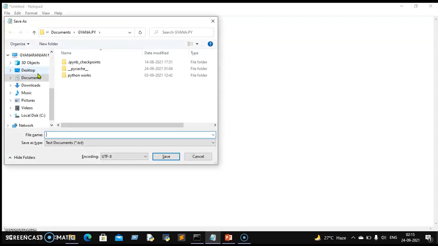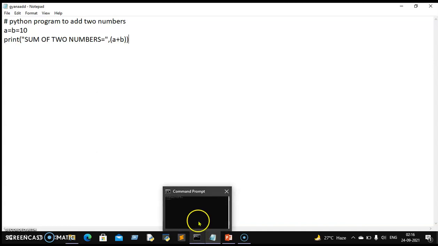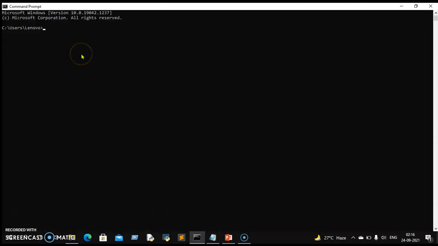I'll save this file as gyanoart.py, where .py is the extension which tells the computer this is a Python program. Then save it. Then coming to the command prompt, first change your directory to where you saved the Python file.